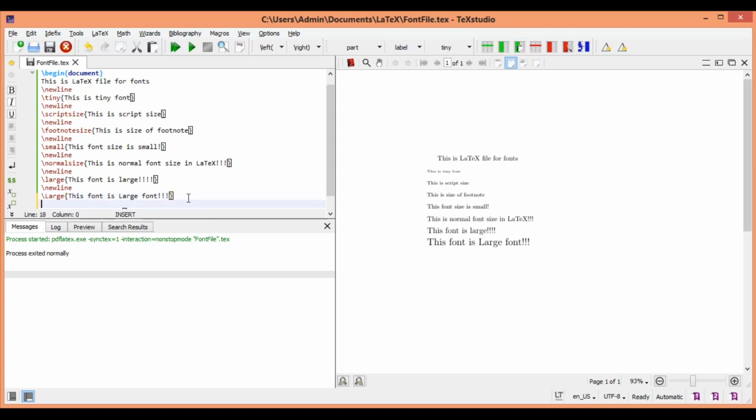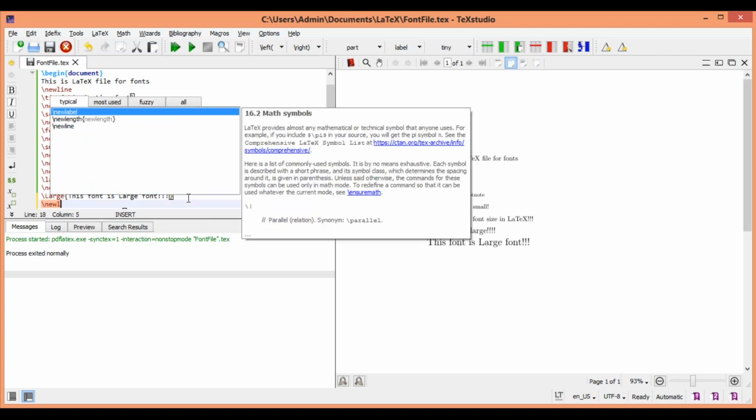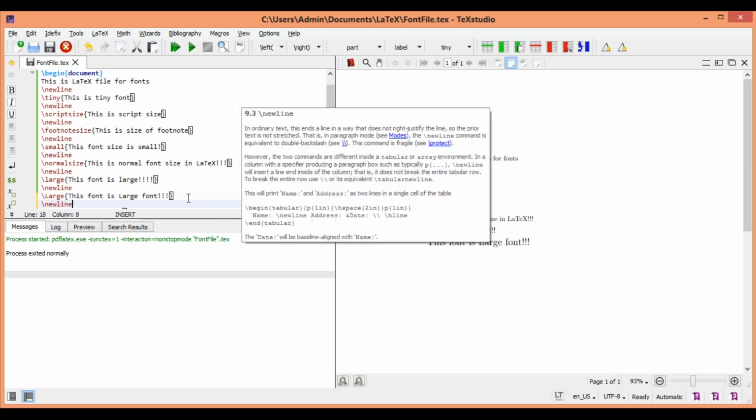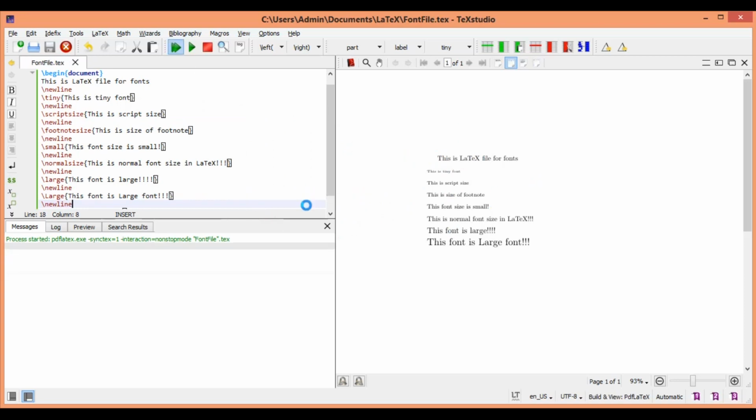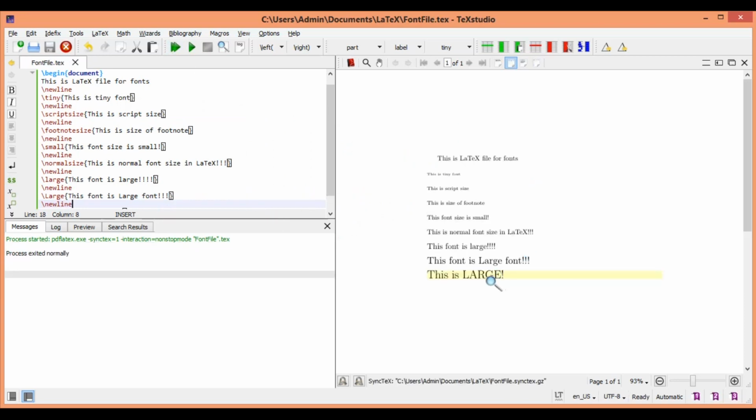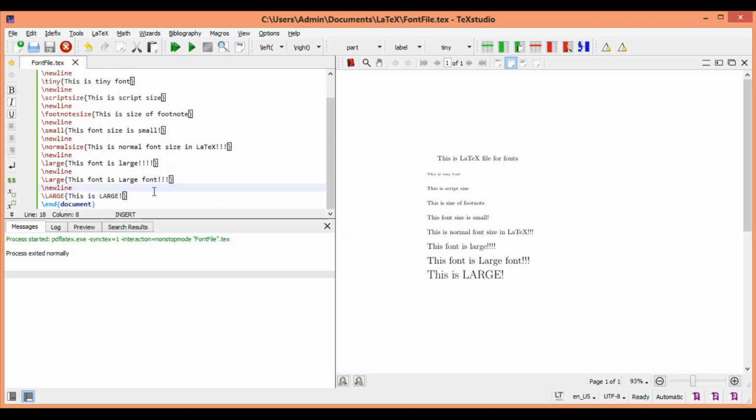Now I missed the new line. Let's put that, otherwise we'll be looking at it differently. Okay. Now when you execute, you see it is even bigger than what we wrote before. So as I said, we are seeing the sizes in ascending order. So in the large category itself, you have three options depending on how you write the size format.